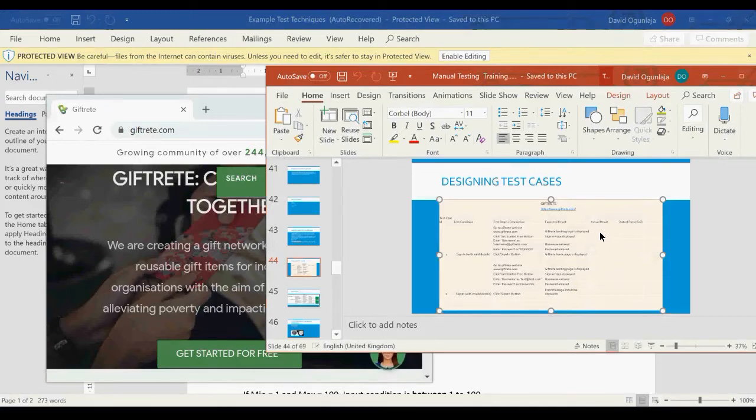That is what you type in here. GiftReach landing page displayed. Now the second step says, for the sake of time, because we've lost some time here, I'm not going to type here, but on the next slide you're going to see what I'm saying. So the second step says click Get Started Free button. So if you come here,